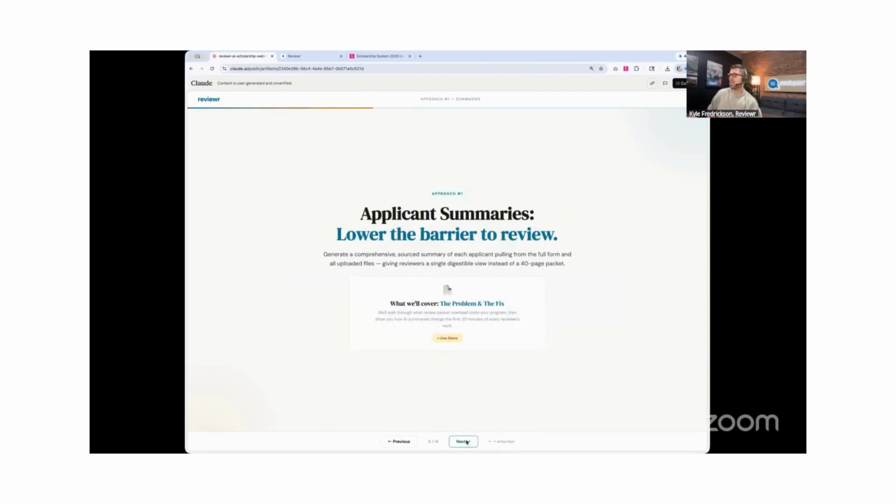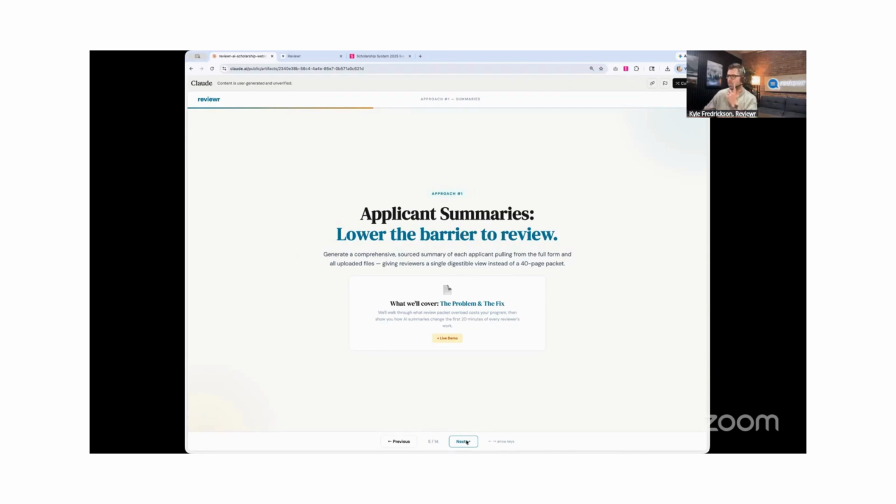So let's spend some time going through the first one, and that's applicant summaries. The general premise behind this is to leverage all the data we're collecting from a scholar, both in the scholarship application, plus all of the supporting documents, which for many of you are going to be different. Could be parent tax returns for financial aid-based scholarships, could be resumes, recommendation letters, transcripts, essays, things like that, or the forms itself, and take all of that and condense into something that's very bite-sized, but also very impactful for